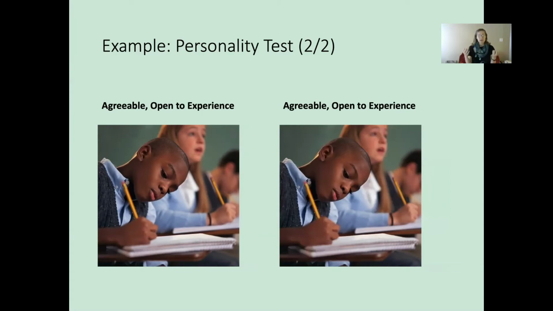So it could be that it's accurately measuring his true personality traits. There could be some factors that could make this testing less valid, though. Let's say that this child can sort of understand the meaning of the questions, and he would imagine that his teachers and parents and everybody else who might know about these test results would probably want him to be agreeable, to do what he's told. And they would probably want him to be kind of open to experience and try new things and try new foods, and other things that parents and teachers would want you to do. So there could be threats to validity in this test.